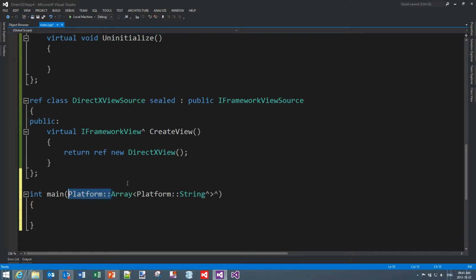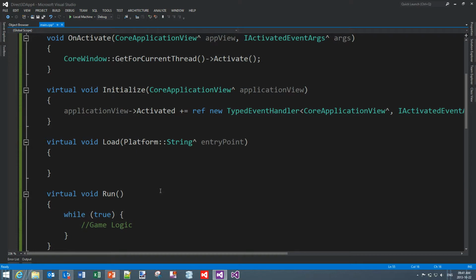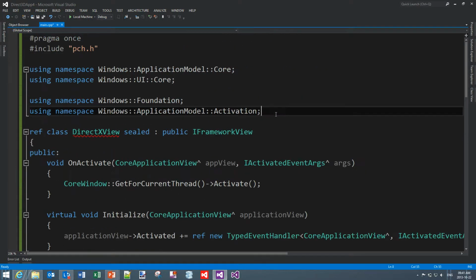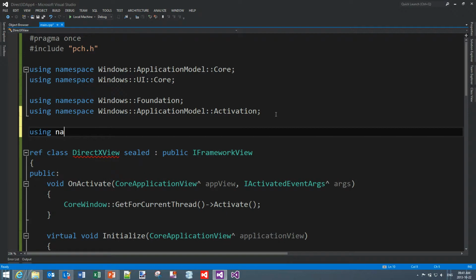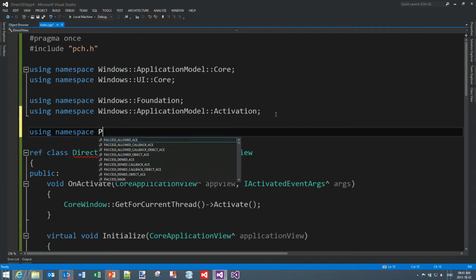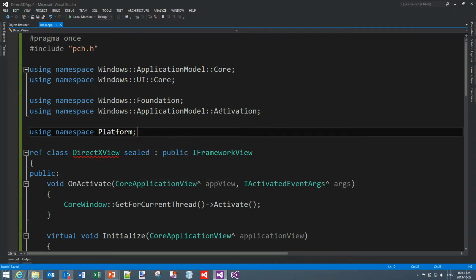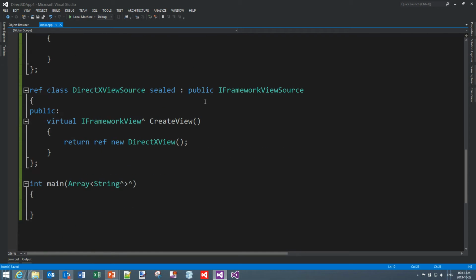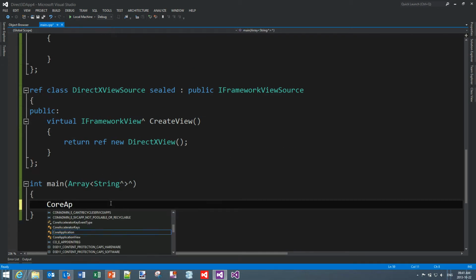So I'm going to remove platform from here just for simplicity's sake, and I'm going to do the same up here where I left it for the load function, and I'm going to go using namespace platform. This will just make it much easier at a later stage for us to have the correct functions and that kind of thing. And all we needed here is core application